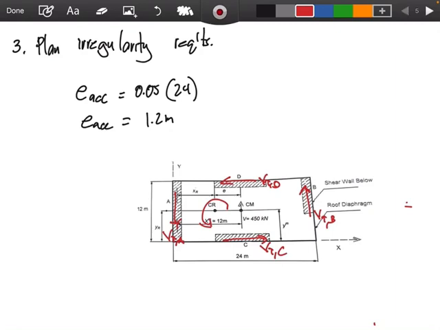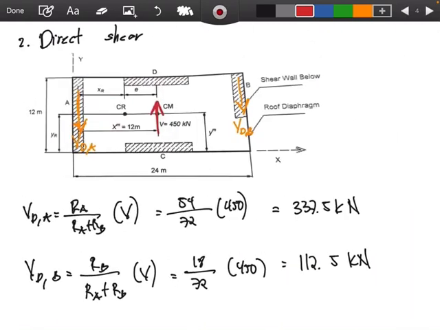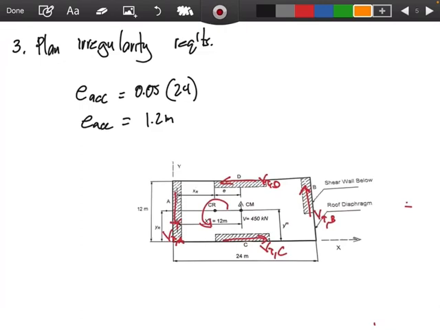Wait lang. I-correct ko lang yung distribution ko kanina. So, eto, palitan ko na lang yung drawing ko dito. So, since ang gagawin naman natin ay ililipat na, so, ganito na lang, class, ha? Ito ganito sa direct shear V. Since ganyan yan, yung direction niya hindi siya opposite, the same. So, VDB, VDA. Okay. So, that's how we do it. Okay, so ganyan siya. Next is, anong gagawin